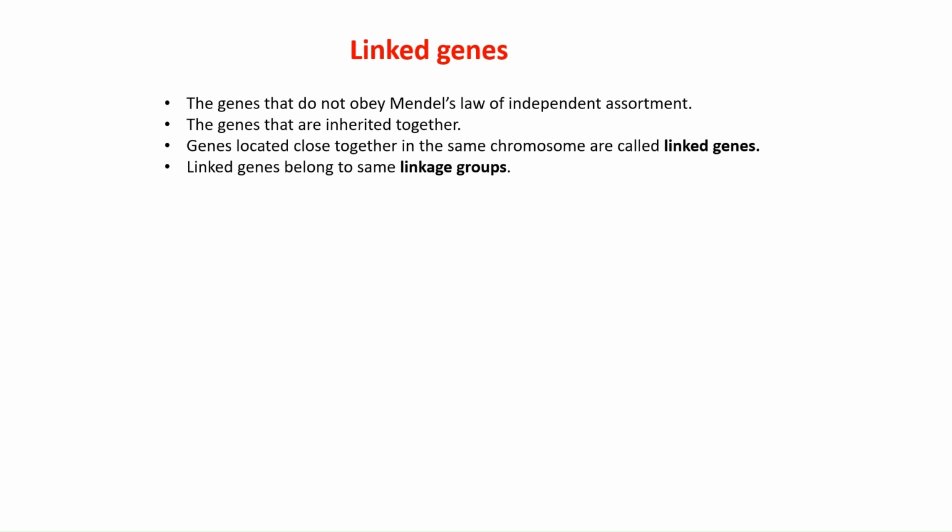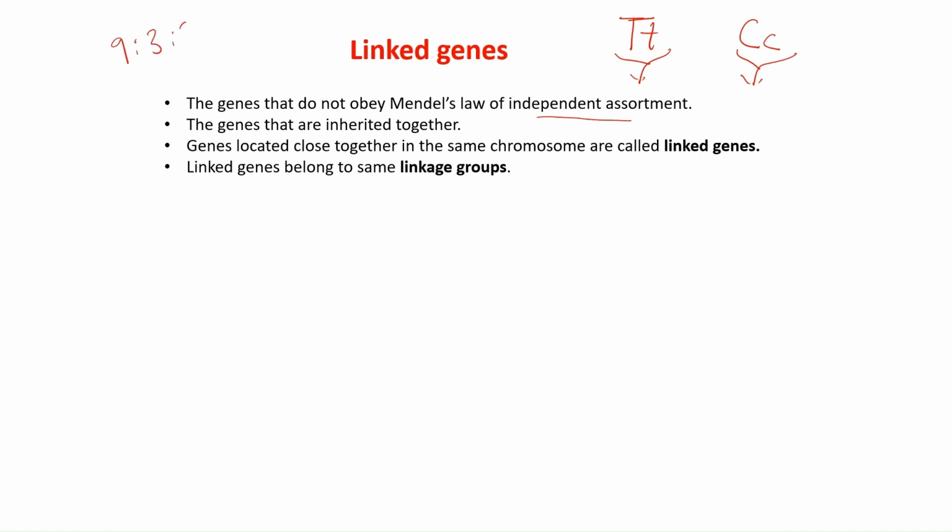Linked genes are genes that are so tightly linked with each other that they do not obey Mendel's law of independent assortment. What is Mendel's law of independent assortment? It means that genes assort independently. For example, if we have one gene for height and one gene for color, we have two alleles, capital T, small t, capital C, small c. So the alleles of one gene can independently assort with the alleles of another gene, and we get the ratio